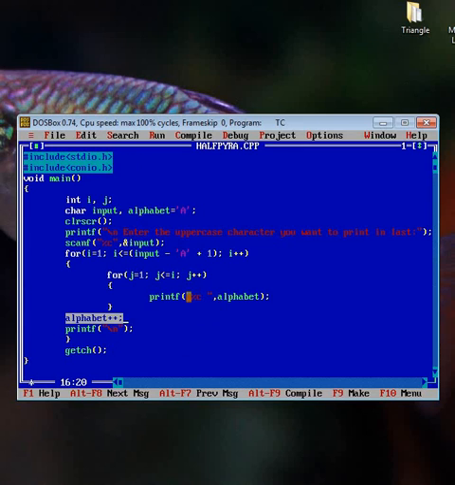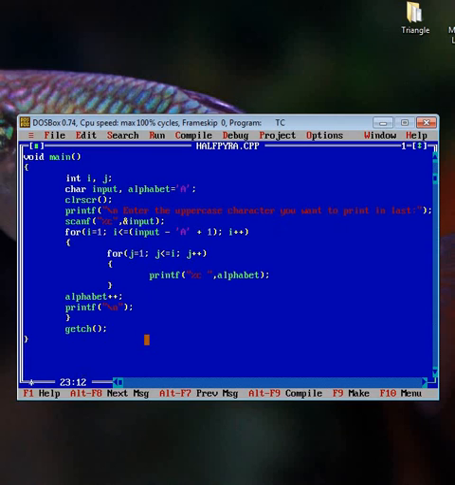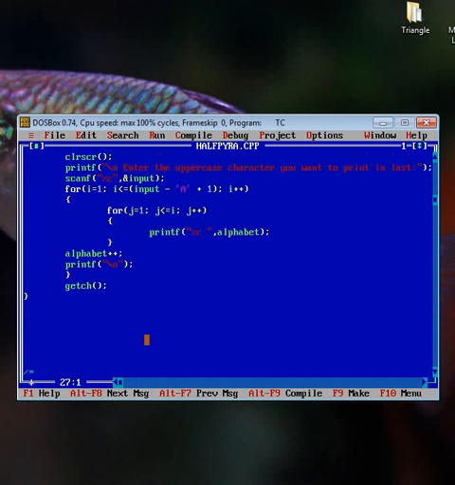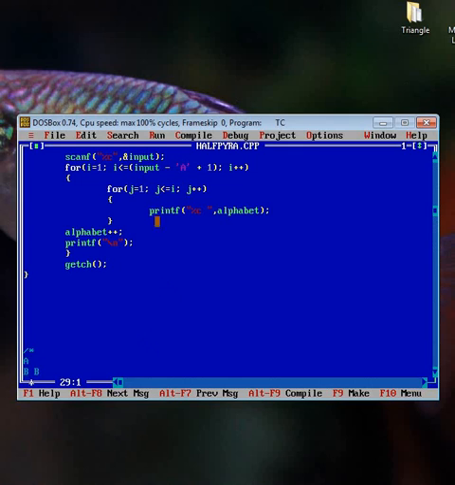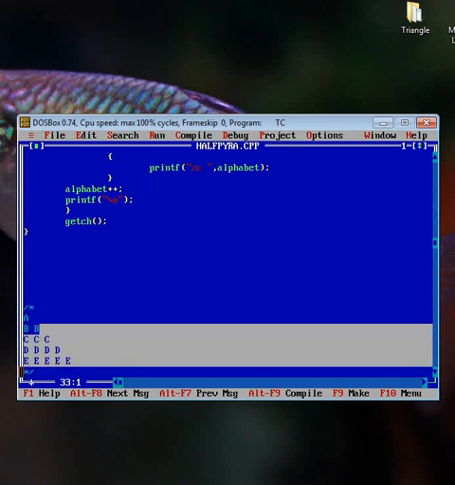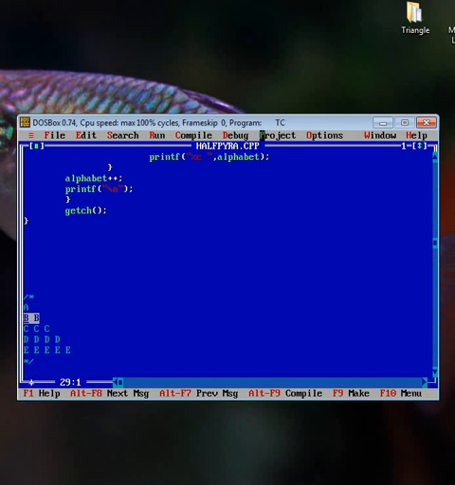The first time a will be printed, and the second time the ASCII value of a is increased, so b is printed. Again the ASCII value is increasing, so next c is printed, then d, and then e. So the ASCII value increasing means the value of alphabet is increasing.